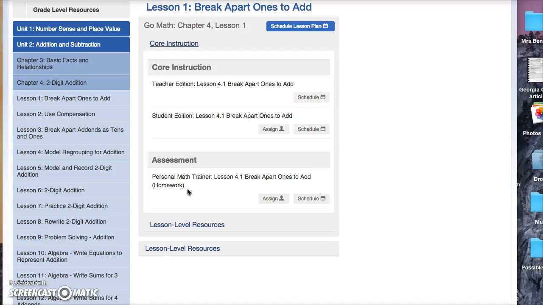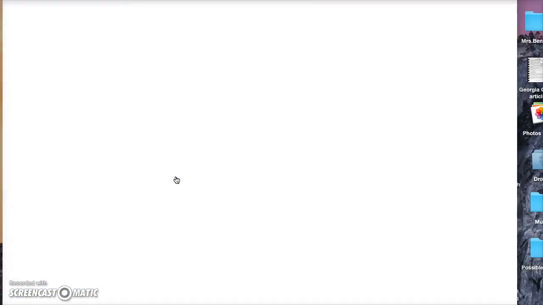For example, they might be given an example problem. They might be given step-by-step assistance. Those features will only show up in the homework section, and you have a chance to preview the assessment prior to assigning it. So for example, if I click on Personal Math Trainer Homework,